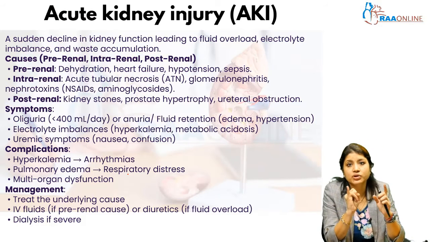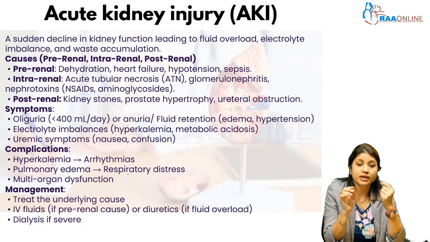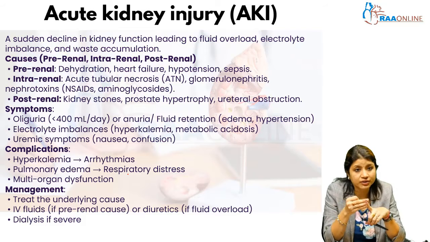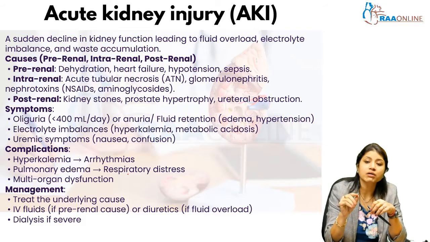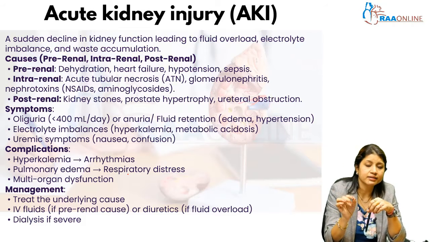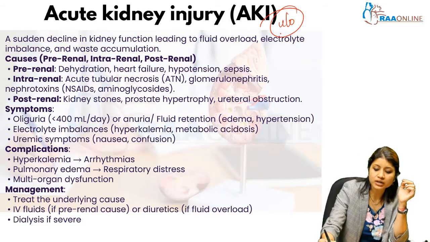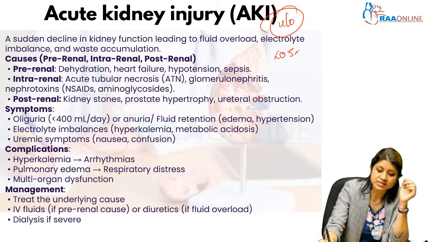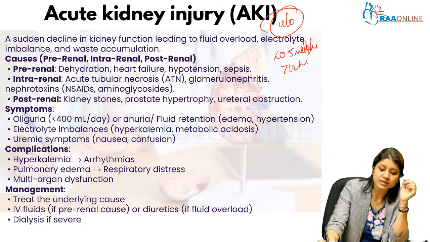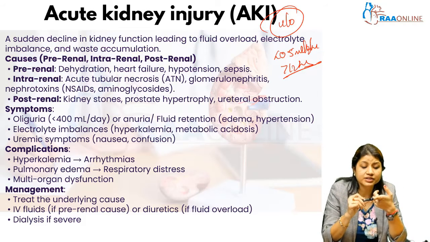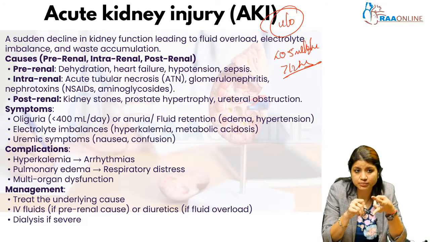The first most important is acute kidney injury. Acute kidney injury can occur with even a minor insult of hypotension or electrolyte imbalance or nephrotoxic agents. As we saw, the validated criterion to diagnose an AKI is your urine output. A fall in your urine output to less than 0.5 ml per kg per hour for more than 12 to 24 hours is a signal for your staging of AKI. And in addition to it, there is also doubling of your serum creatinine.